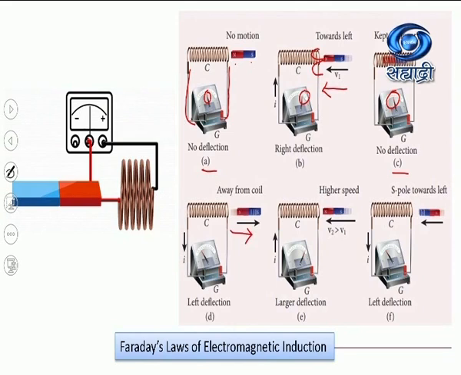Now if the North Pole of the magnet is taken away from the coil, then momentarily a deflection is produced in the opposite direction. Because when you are taking the North Pole of the magnet away from the coil, the flux through the coil is withdrawn, and on account of electromagnetic inertia, the coil will try to oppose this decrease in the flux. So it will generate its own electromotive force, due to which current will flow through the coil and the galvanometer will show momentary deflection on the opposite side.